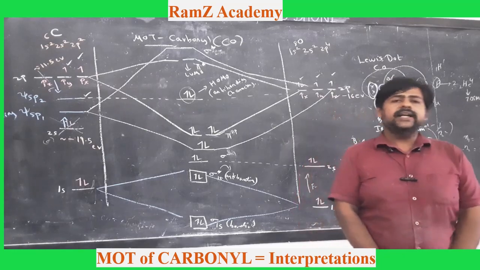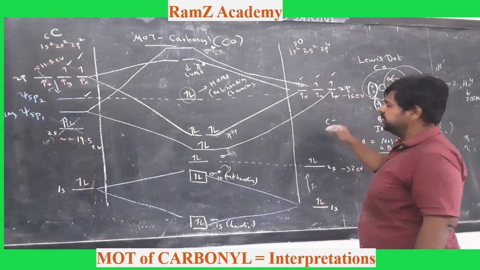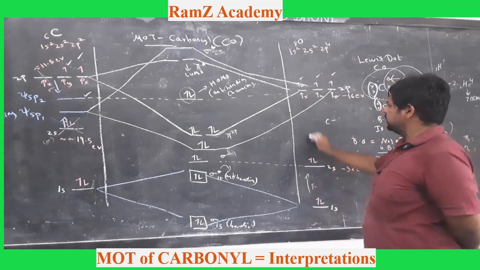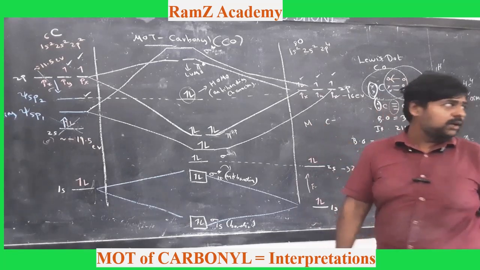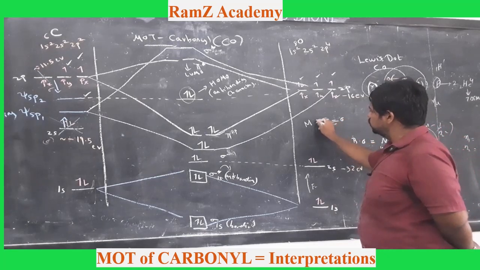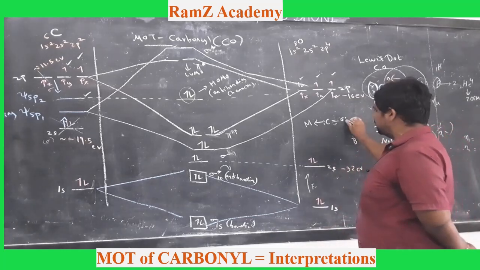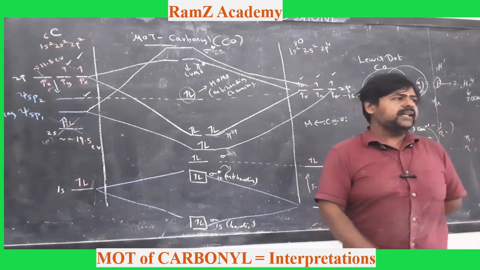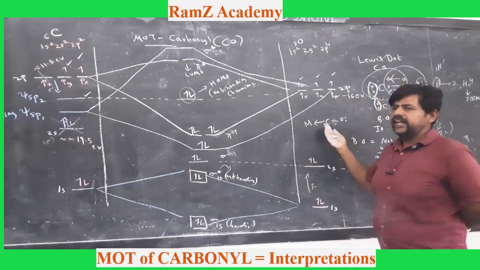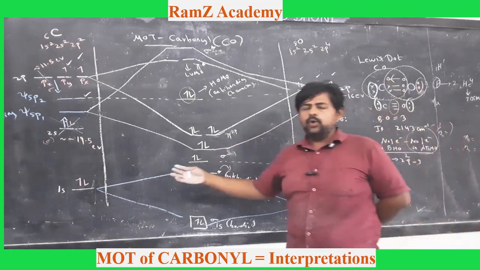The second interpretation is that all of us know that carbonyls form coordination bonds with the transition metals. Transition metals have empty d orbitals, and the carbonyl can donate electrons to this metal. So now a golden question comes here: both carbon as well as oxygen have a lone pair. Any of these lone pairs can be contributed to the metal. Why should it always be the carbon donating this lone pair to the metal? That is one golden question that we have. Again, your MOT has the answer for this.